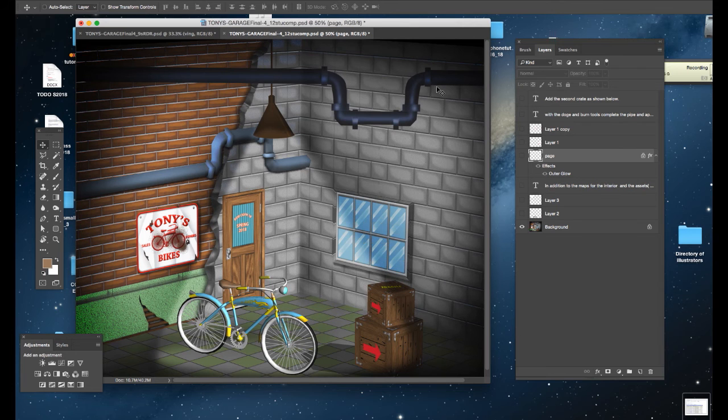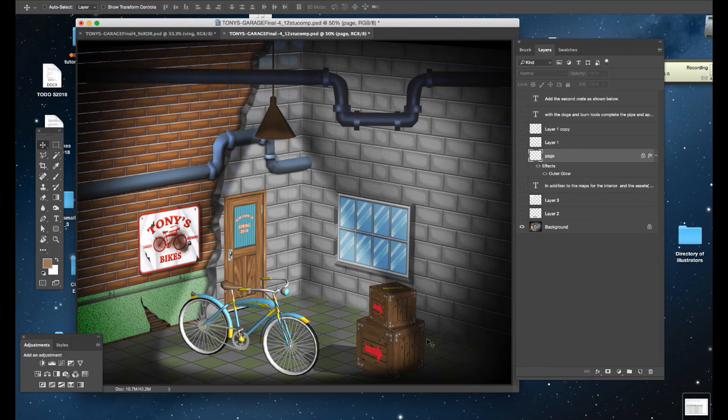In this tutorial, we're going to wrap up the Tony's garage that we completed in class last week. You can see that we've gone in and we've put a second crate in. We've completed the pipe and we did the light fixture. And then we implied the light that was being cast by this spotlight hanging from the ceiling. So we're going to go over creating the light fixture and then implying that shadow that we see in the